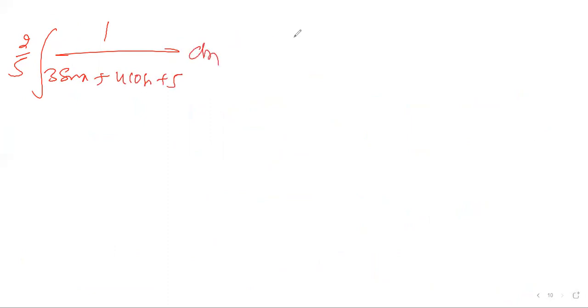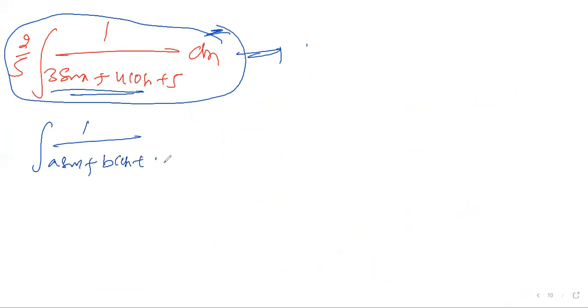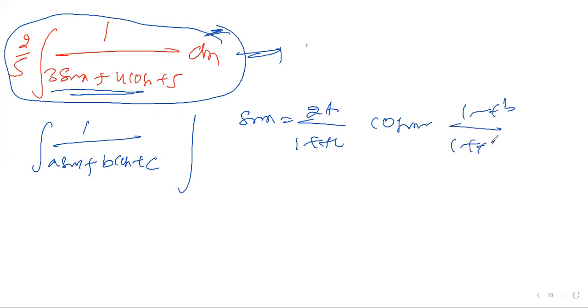Yeah. Now you are toppers. This question method I already told. If you're not interested, if you're not understanding, please watch the previous video, because the previous video is the model. Yesterday, at the start of this class, I told you the integration, the question is a sin x plus b cos x plus c. What has to be done? Sin x is equal to 2t by 1 plus t square. Cos x is equal to 1 minus t square by 1 plus t square. Then t is equal to tan x by 2.